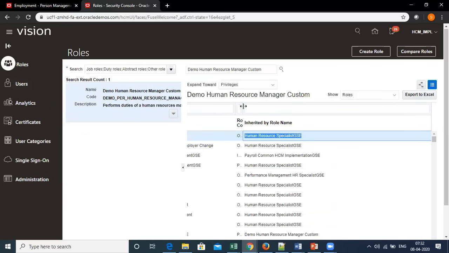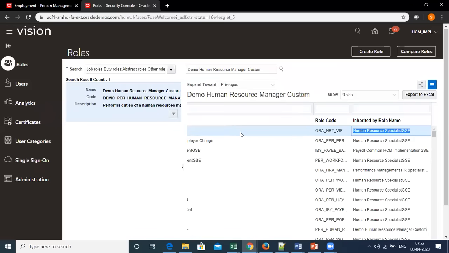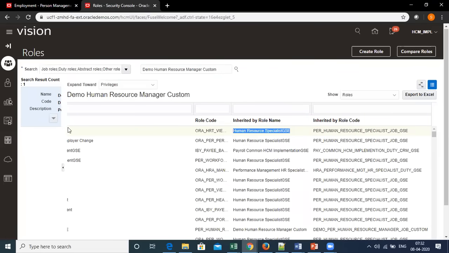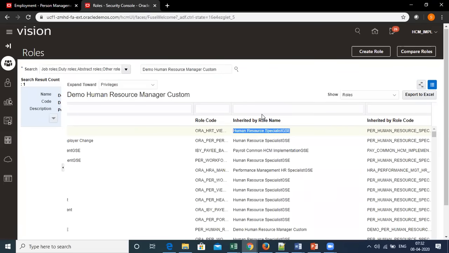So now as we discussed, I don't want the absence work area to be accessible. That was inherited by human resource specialist.